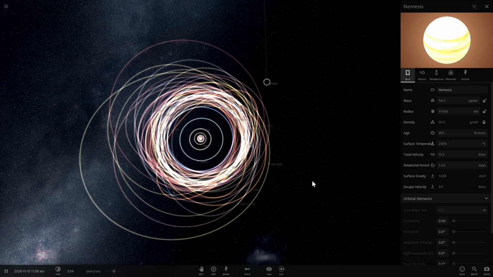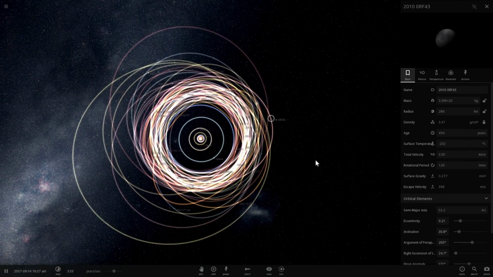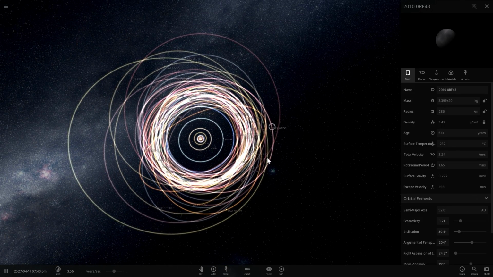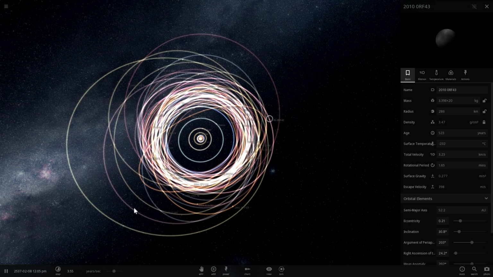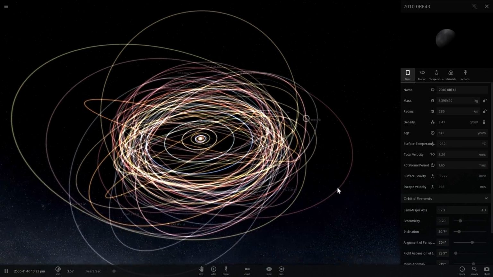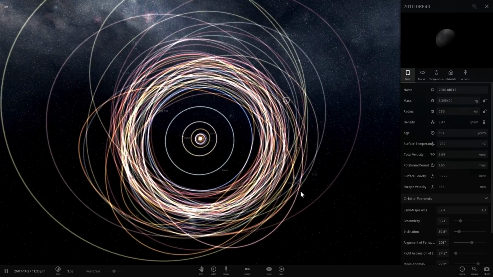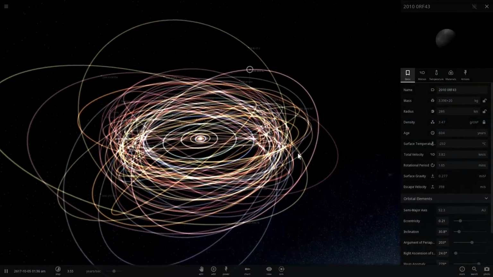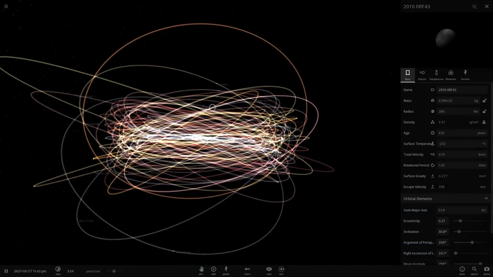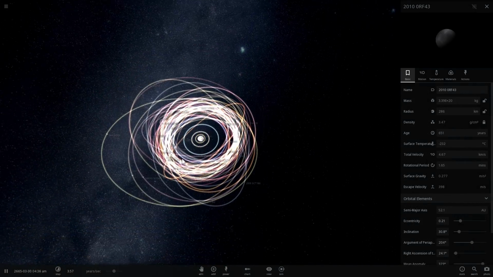So okay. And so this is the after effect of the second passage here, and you'll notice that many of these orbits have now become a lot more elliptical than before. As a matter of fact, some of these objects have moved farther away than they used to be, which would actually kind of explain why Sedna is so far away and has such an elliptical orbit. Now, this may not explain everything, but it would definitely offer another alternative explanation to why Sedna and other dwarf planets that don't really have cool names yet have such a strange elliptical orbit, and basically why they are so far away from us.